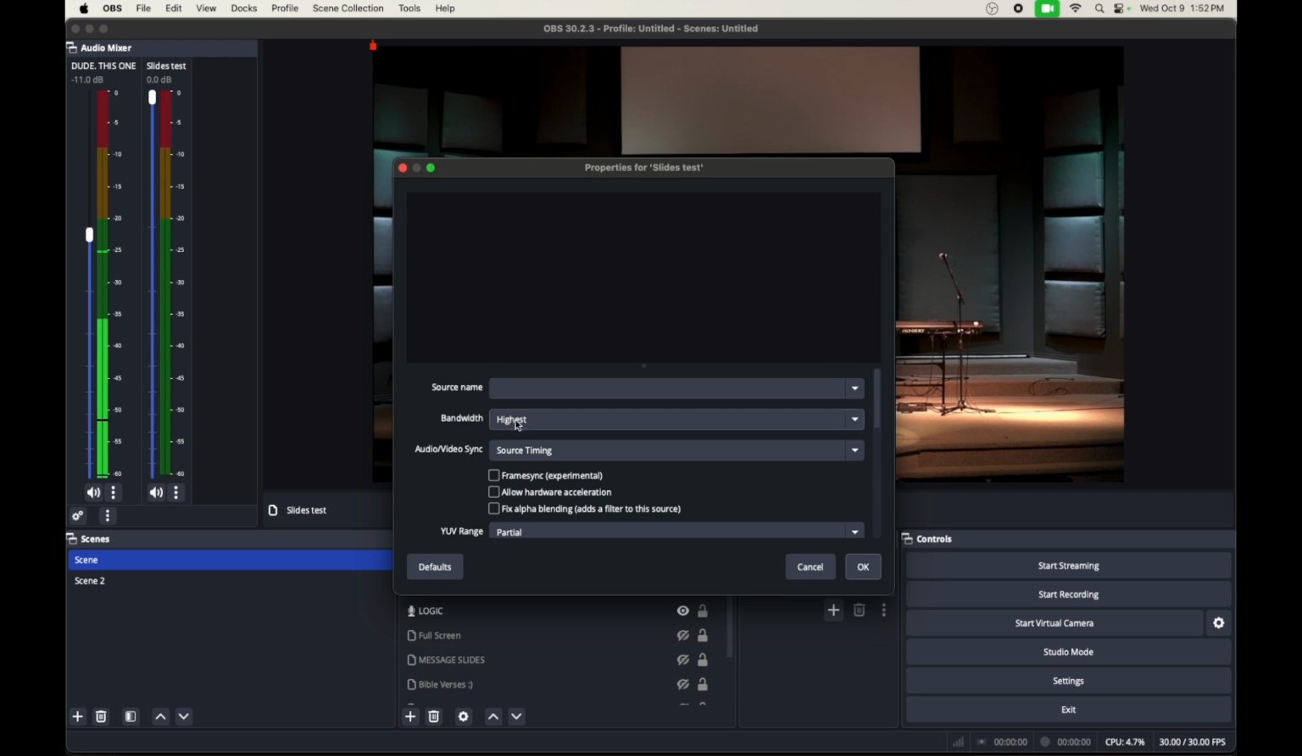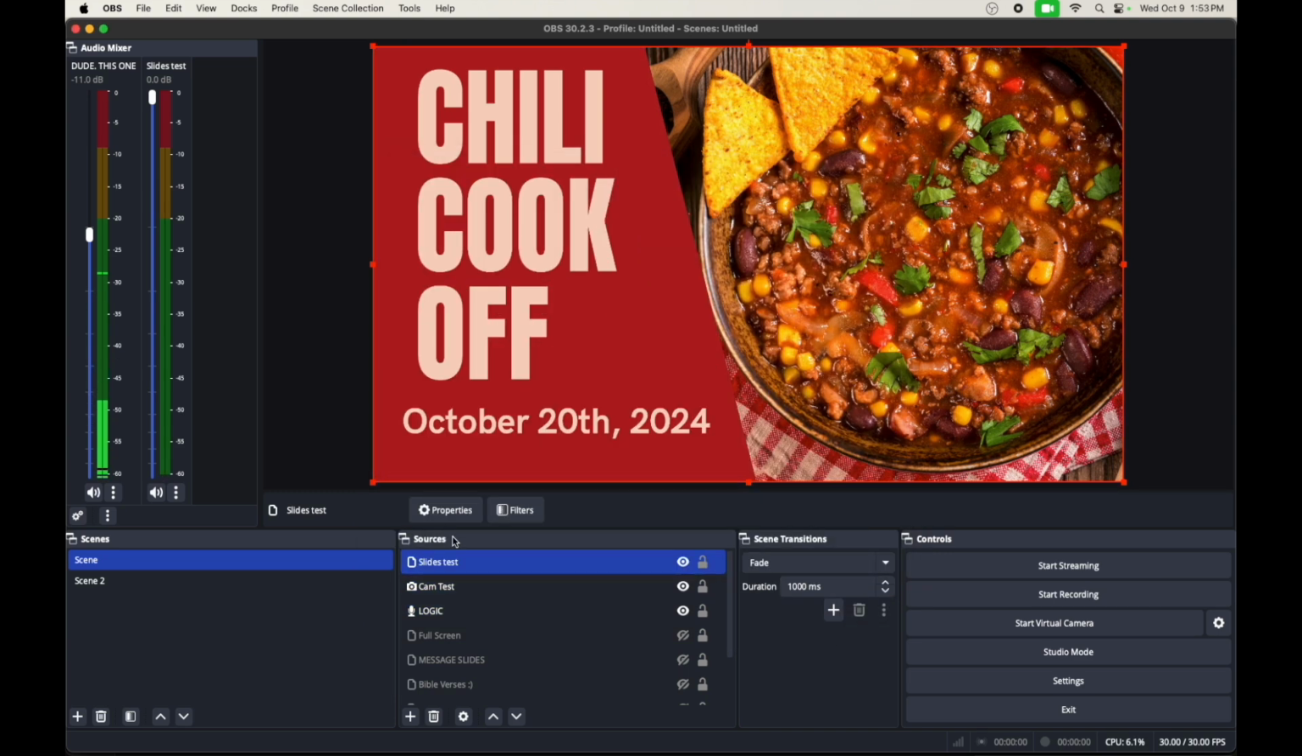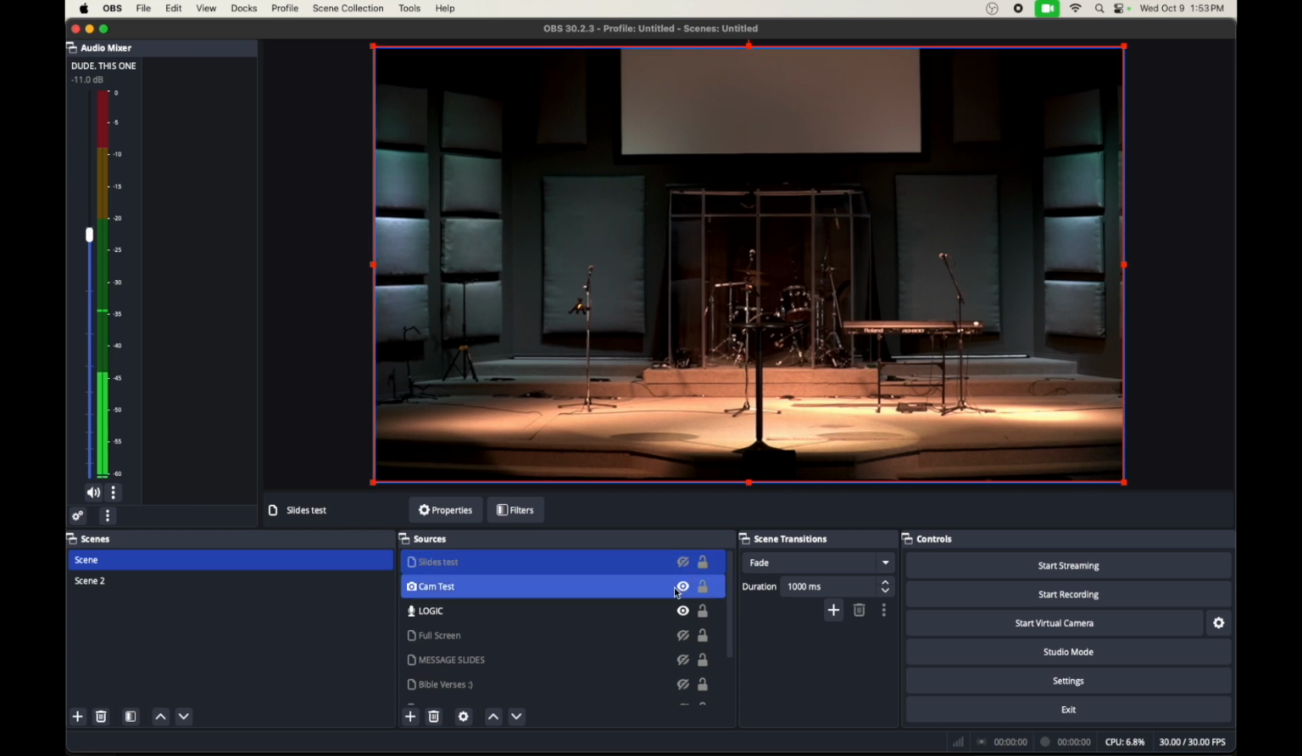So now that we have Slides Test, we can select our source right beside source name. So let's click source name, and now you can see the NDI source that you just created. For us, it was Slides Bible Verse. So let's click that, and now you can see that Chili Cook-Off has come up here. So you'll click OK, and now whenever you want slides to come up above your camera, you'll just click the